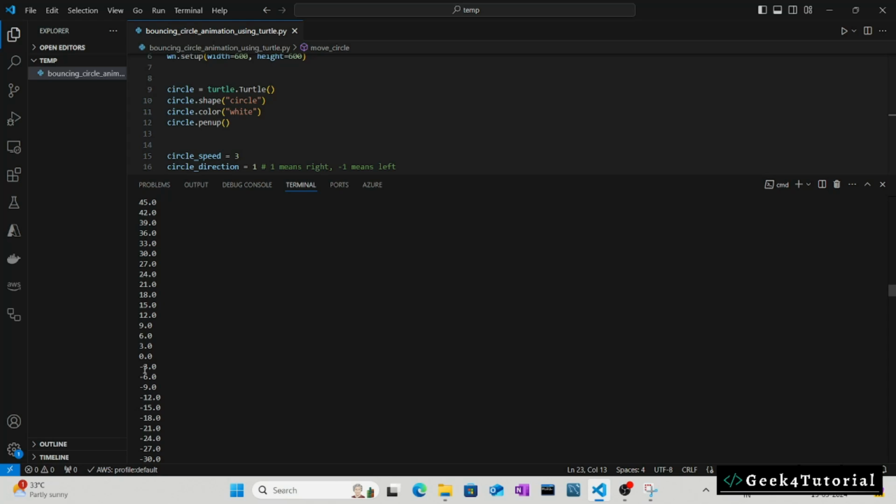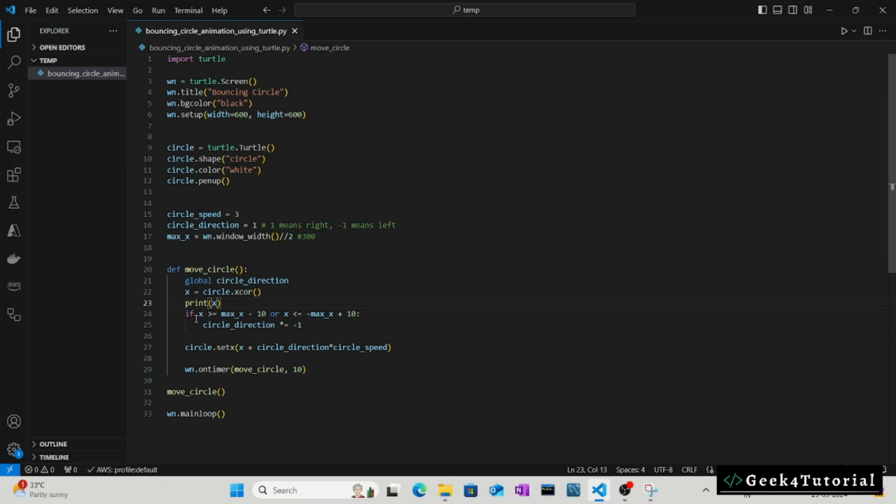When it reaches 0, it moves in the negative x-axis, which is -3, the minus direction. So when it reaches the -290 position, you see here, when it reaches the maximum of -290 position, it reverses back from that. From there, it starts to reduce 3 steps from it. So that's why we have this clean movement. I hope this explains it better, and this is how you create a bouncing circle animation using